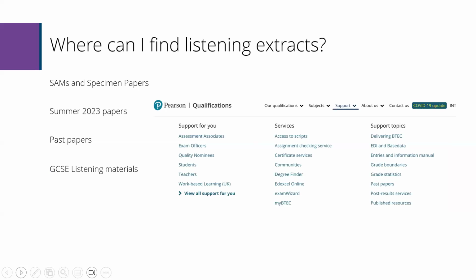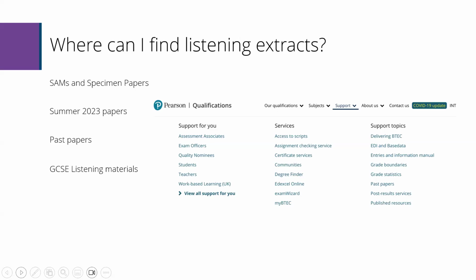So just to talk about where you can find the listening extracts, you can find the sample assessments and specimen papers. You'll find the summer 2023 papers, the past papers, and also GCSE listening materials as well.